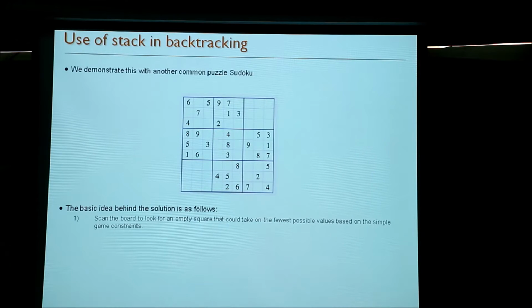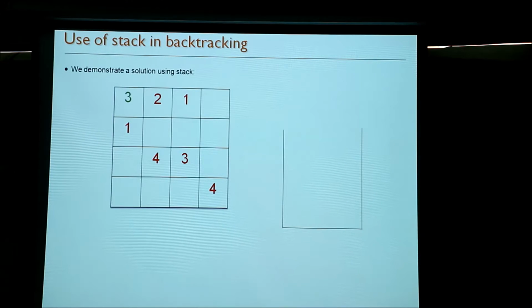Can you have 2 and 1 in the same row? Yeah, so we have 2 and 1 here, right? So you cannot put 2 and 1 here, on the top row. In the first row, we have given 2 and then 1. Can we have them in the same row? Yes, we can have 2 and 1 in the same row. Why? Because 2 appears only once in this row, and 1 appears only once in this row, right?